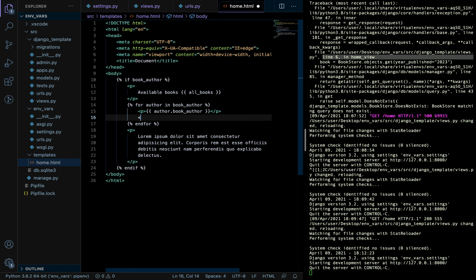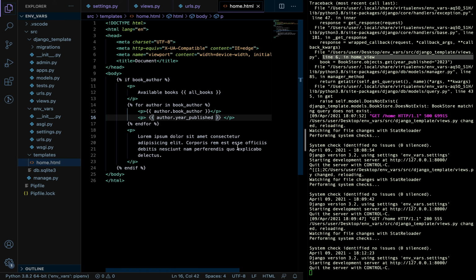And then we're also going to pass in the year that the author wrote this book. Okay, so we're going to have stuff like this: author.year_published. Okay,